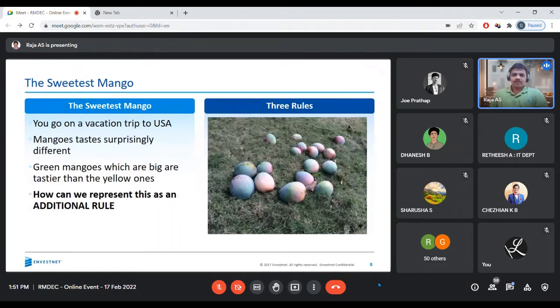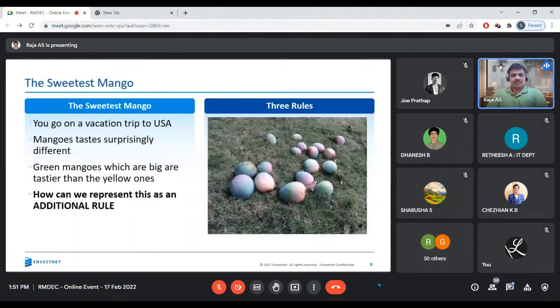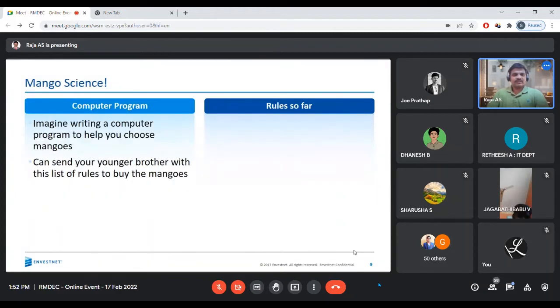And you both agree to improve upon it, coming up with an additional rule about location. So now you are defining three rules: color, size, and now location. So if the location is India, then probably this works, but if the location is US, then probably something else works. So now